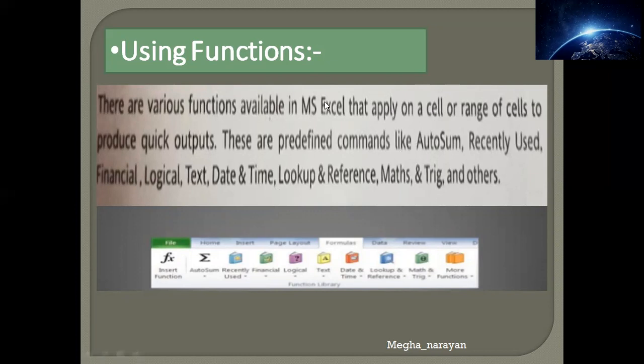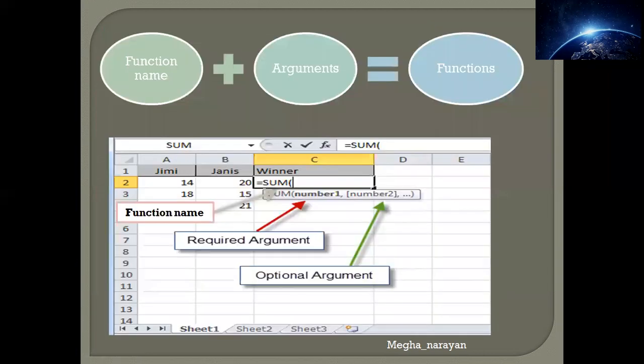That means every one of them has its own specific uses. All right, moving to the next slide, you can see a function is made up of two things, easily written on the screen: function name along with argument. That makes together functions. Function name plus argument, as given in this particular example also.